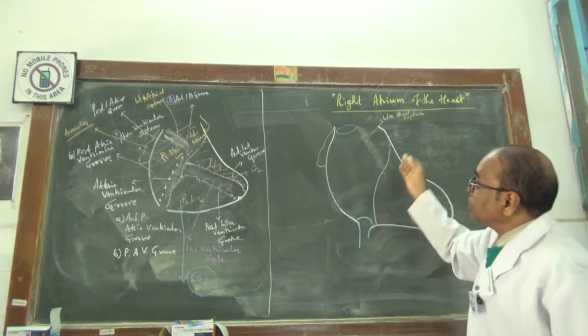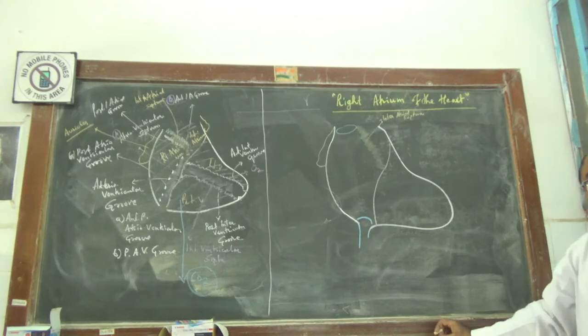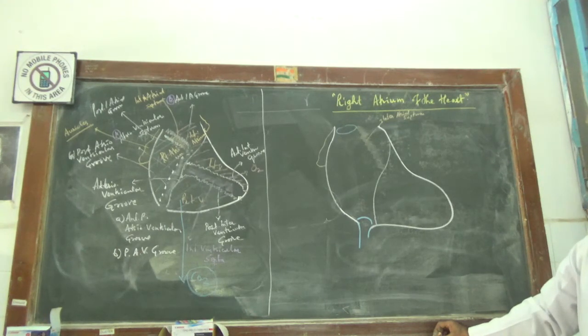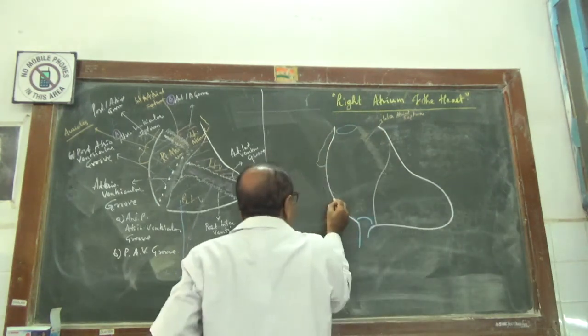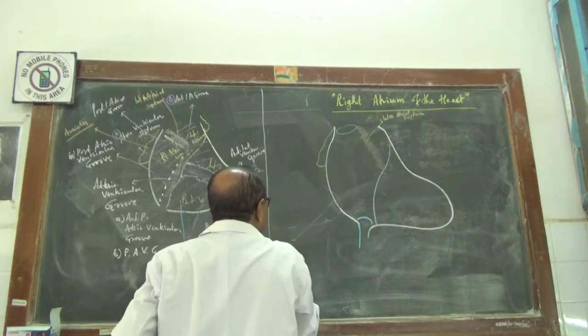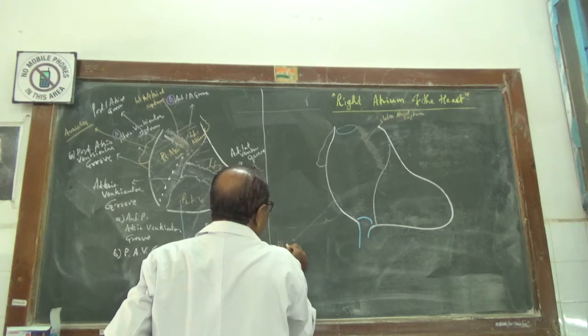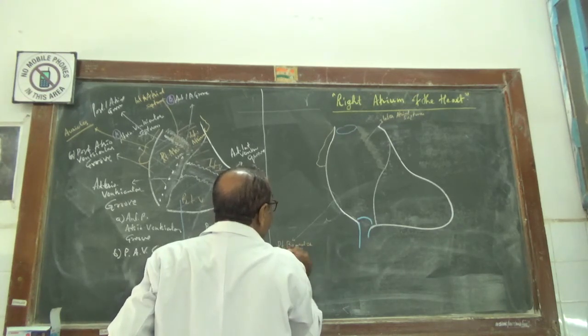Now this right atrium has boundaries, has relations. So the right atrium forms the right border of the heart in general,